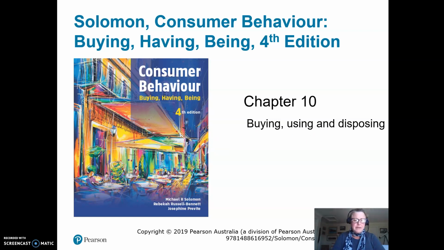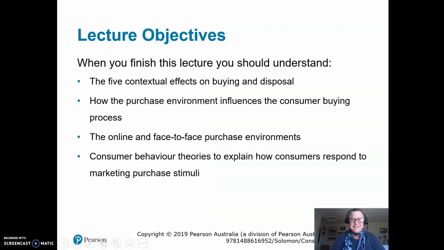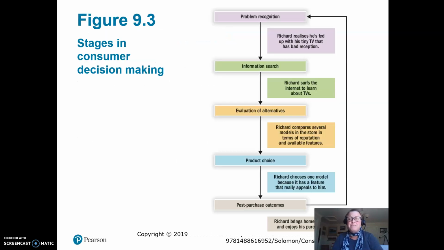Now this is going to carry on from our discussion last week about the steps in the decision-making process. So as a result of your reading this week, you should understand the following things. You should have a good understanding of the 5 contextual effects on buying and disposal, and just understand that they're also sometimes referred to as situational influences. You should understand how the purchase environment influences our consumer buying processes. We might talk a bit about the online and face-to-face purchase environments, and I'm going to encourage you to do a bit extra reading about that. And finally, we'll talk about how consumer behaviour theories can explain how consumers respond to marketing and purchase stimuli in that